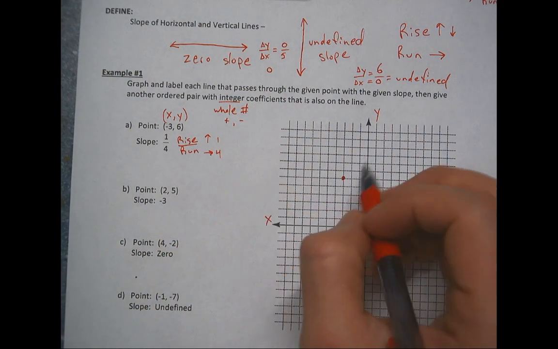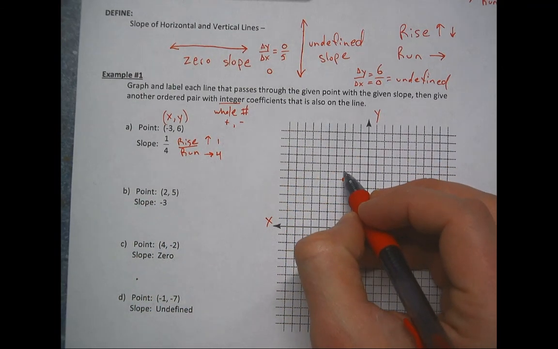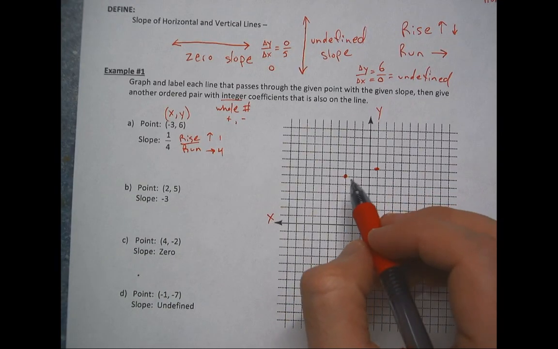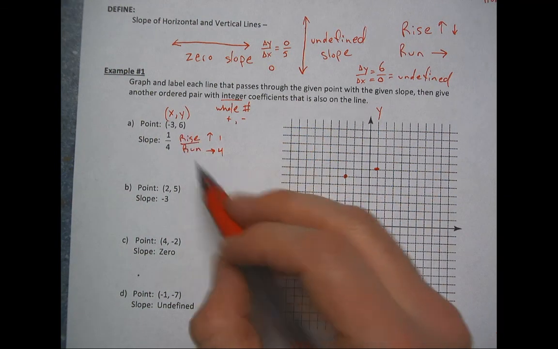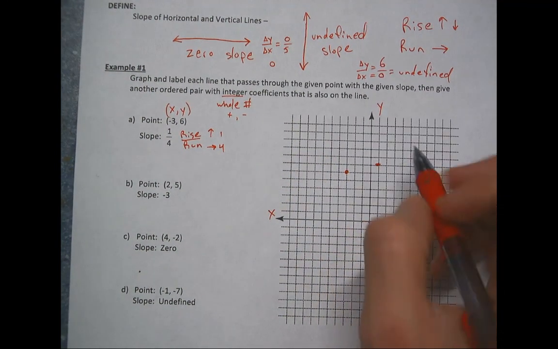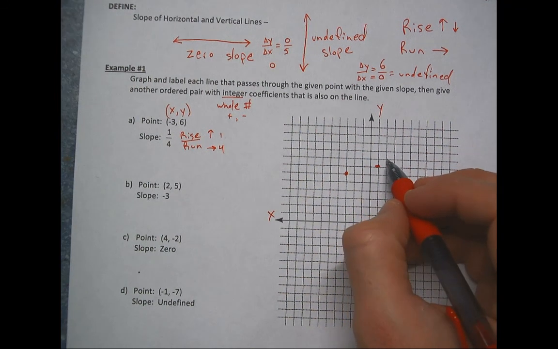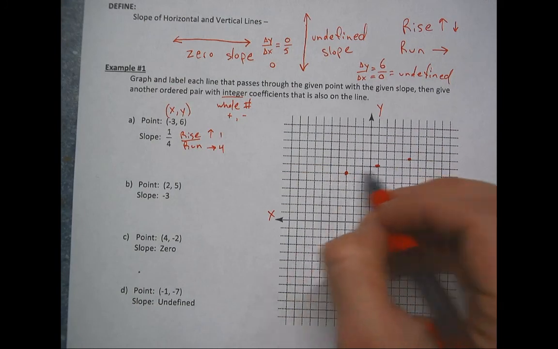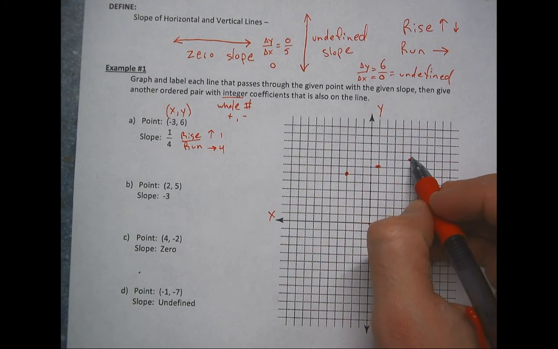From this point, we're going to rise 1, so it'll go up 1, and run 4, so to the right 4. 1, 2, 3, 4. And so the slope between these two points is 1/4. It's positive. It went up 1 and then over 4. We can do it again. Up 1, 1, 2, 3, over 4. Between any points on this line, it's going to have the same slope. So I can continue this up 1